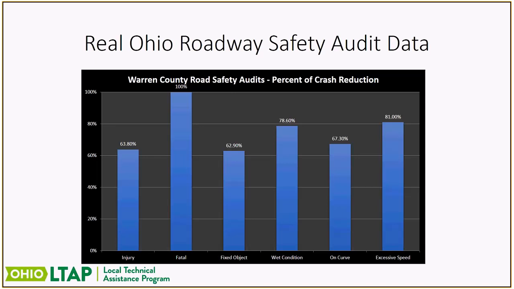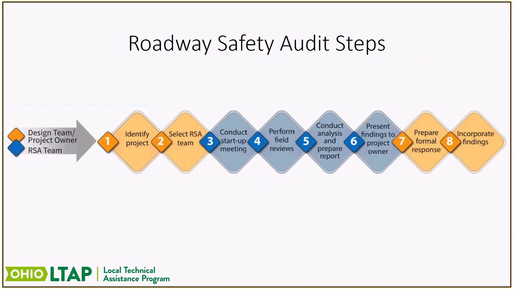Now, I also want to point out as we're moving through this that not all of the fixes you're going to find when you're out there doing an RSA are an engineering fix. I think that's important to note because you have a team that goes out, and it's a multidisciplinary team, which can consist of law enforcement, first responders, people who just travel the road on a daily basis, your health department, which we normally like to involve as well, along with your engineering disciplines. That really helps to enhance looking at the issues overall and the fixes.